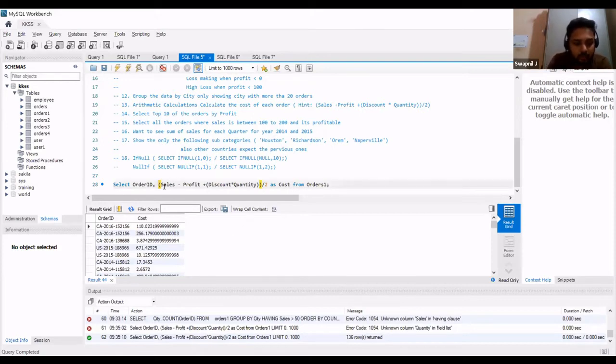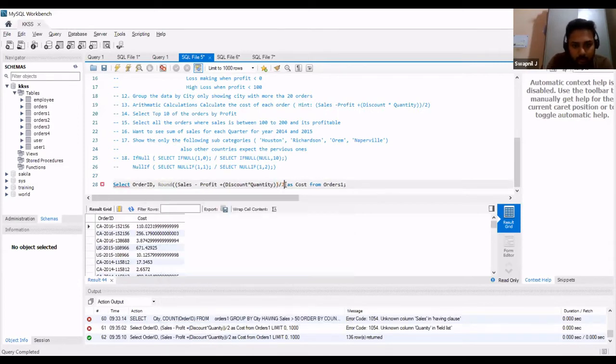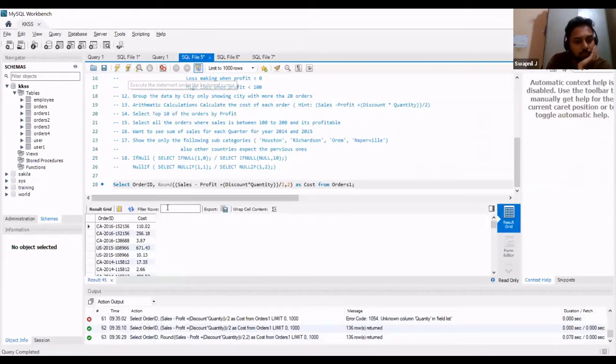So you can just give round, then your first argument, comma, 2. Let me just run it. So now it's 2 decimal places.